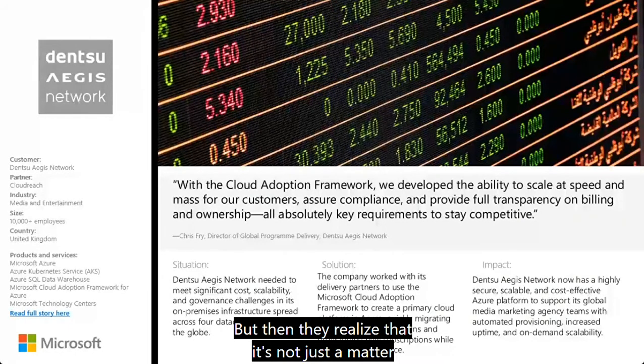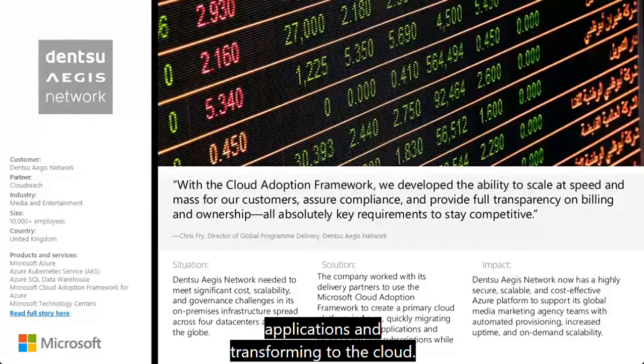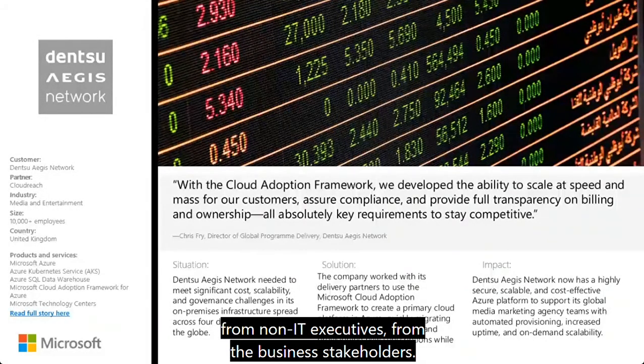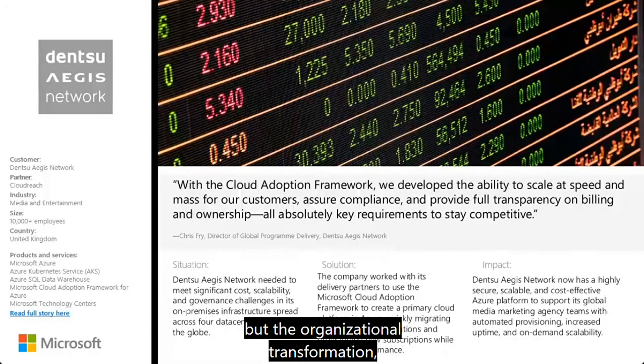But then they realized that it's not just a matter of lifting and shifting applications and transforming to the cloud. They needed to gain support from executives, from non-IT executives, from the business stakeholders. Because it's a major transformation, it's not just an IT transformation, but an organizational transformation.